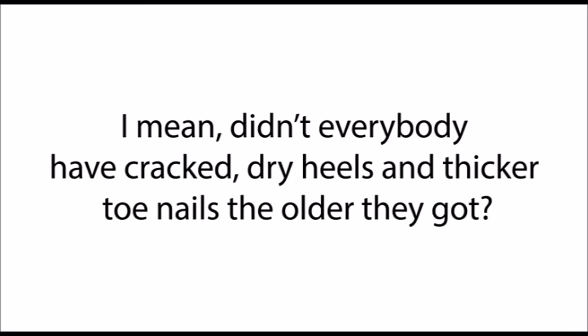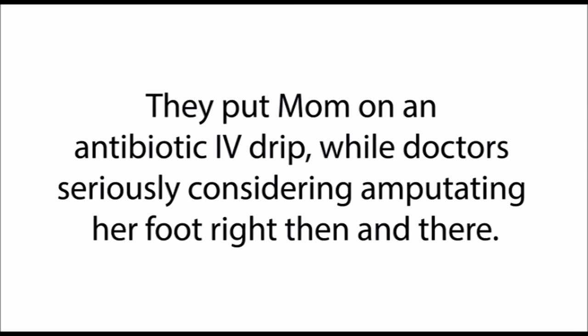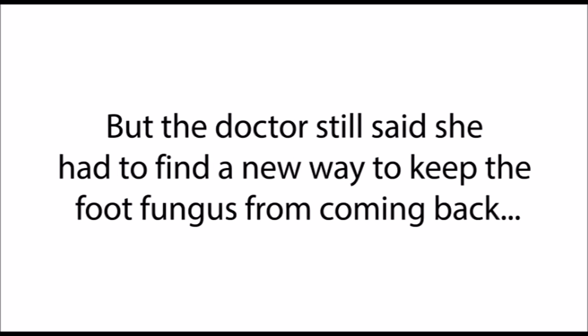We were absolutely floored. I mean, didn't everyone have cracked, dry heels and thicker toenails the older they got? The answer to that is no, but we didn't realize it at the time. They put Mom on an antibiotic IV drip, while doctors seriously considered amputating her foot right then and there. Luckily for us, after 9 grueling days in the hospital, the antibiotics finally stopped the infection,